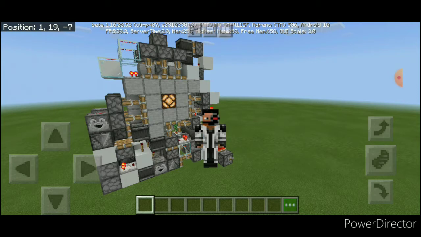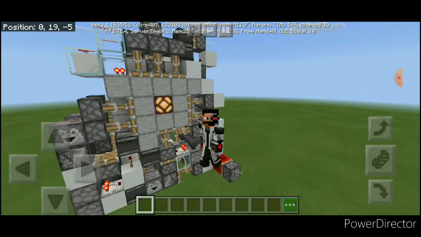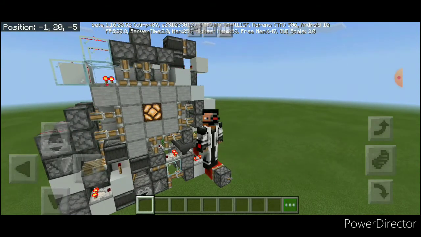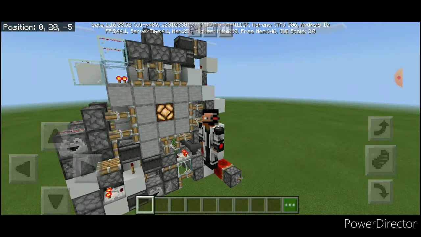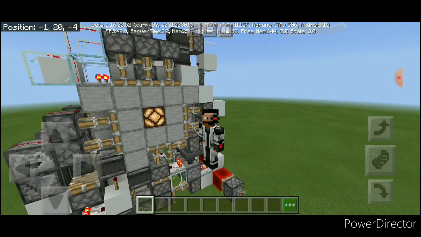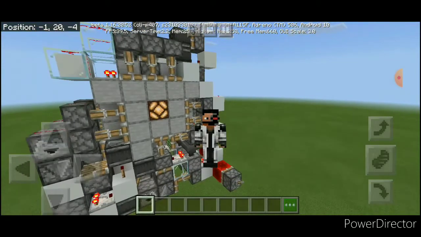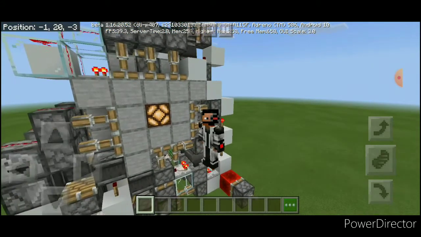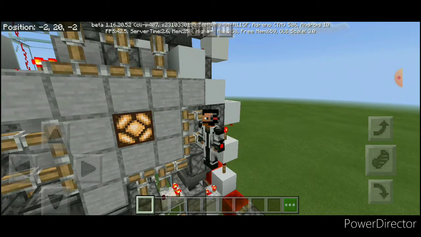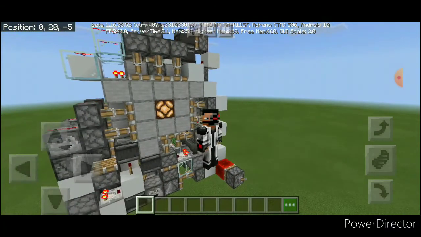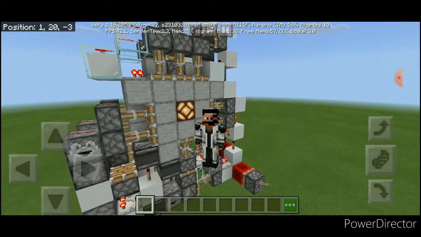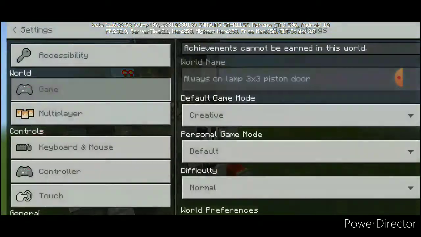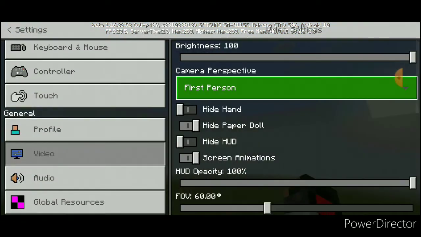This is episode 24, and in today's episode I want to show all of you another 3x3 piston door, and this one is an always-on lamp 3x3 piston door. It's a pretty long title for a piston door, but what it does is a 3x3 piston door that has a lamp, and this lamp will stay on when the door is closed, like right now, and when the door is open. So let me get to first person perspective like that,